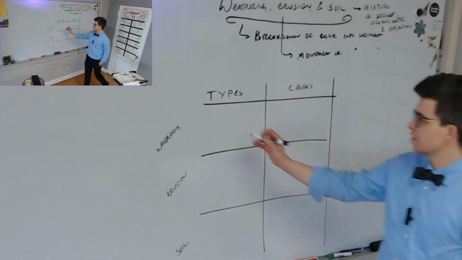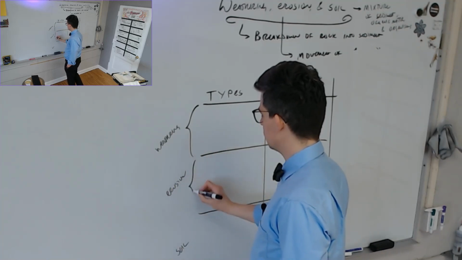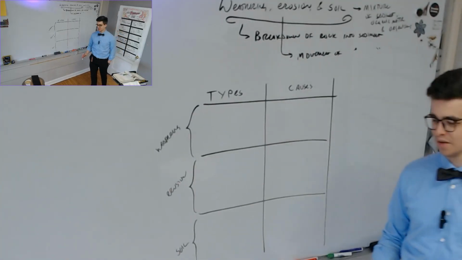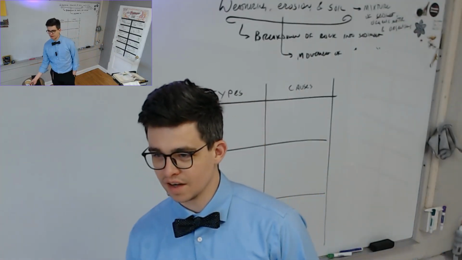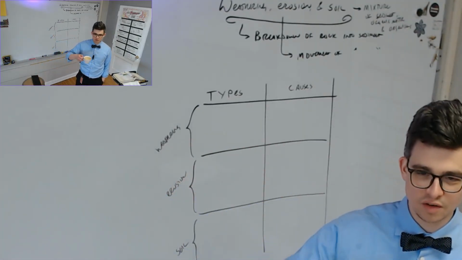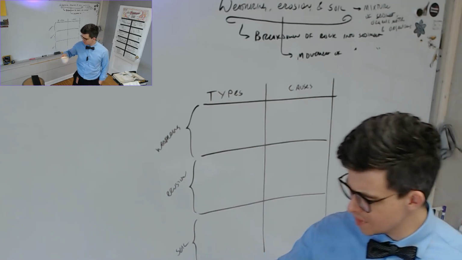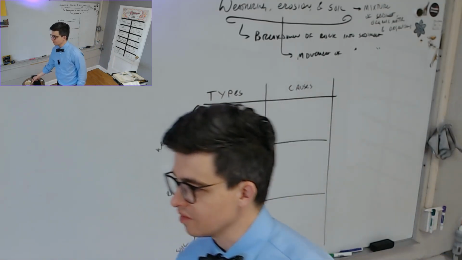Oh, I like this very much. This is going to be so good. It really is. This is almost, without tooting my own horn too much, it's really kind of a genius. This is a stroke of genius to have this nice table for the types and causes of each of these. Speaking of stroke of genius and how I'm not having one,